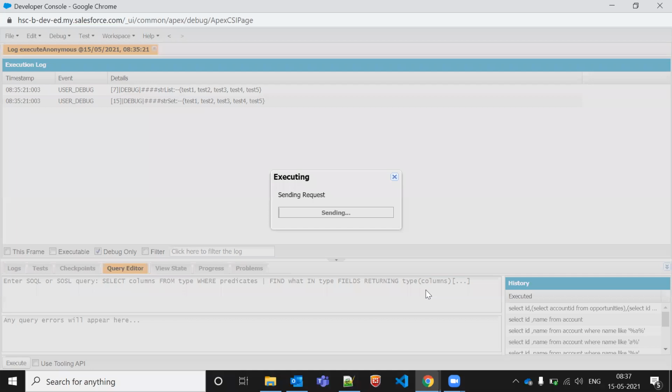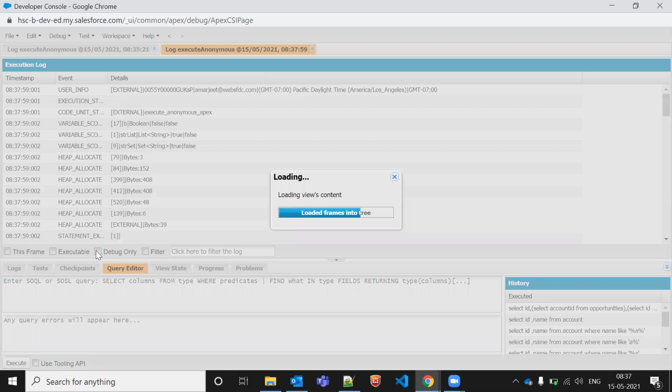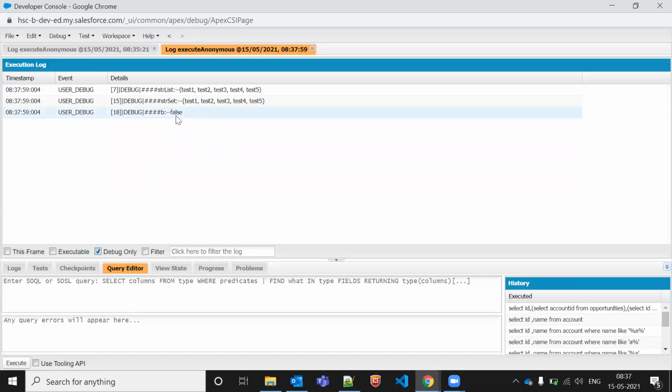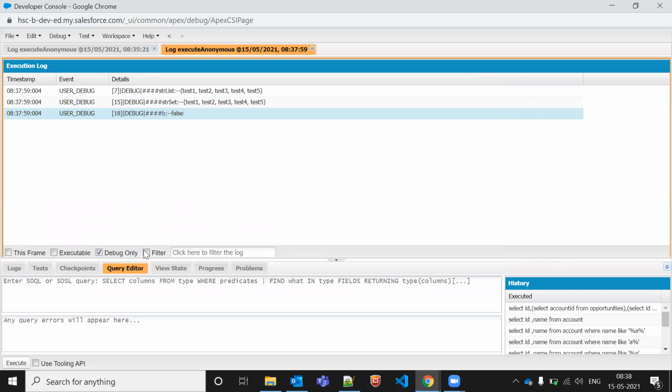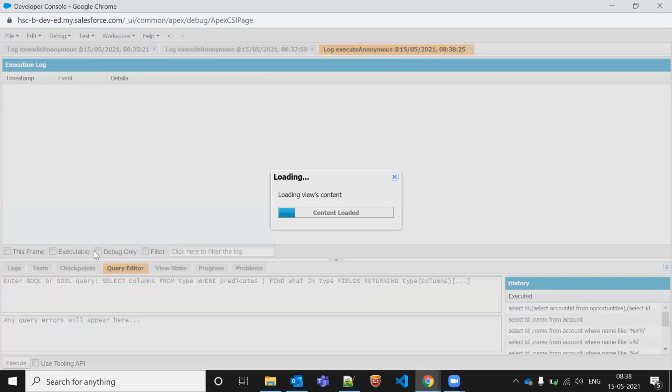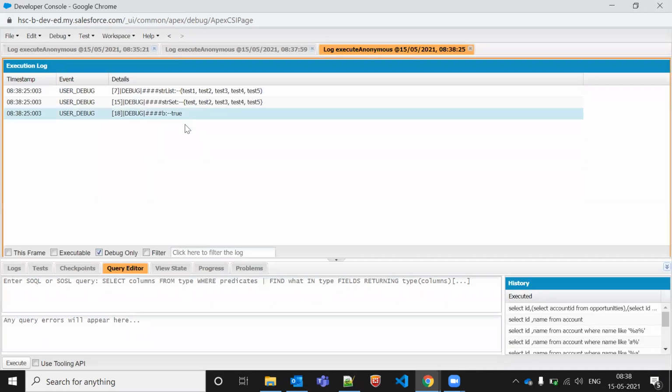So click on the execute button. It is false. Why is it false? Because there is nothing related to test. If I make it test only, str set, yes, it is returning true, right?